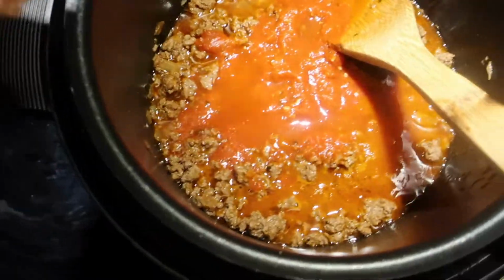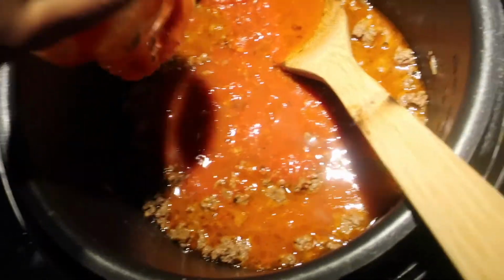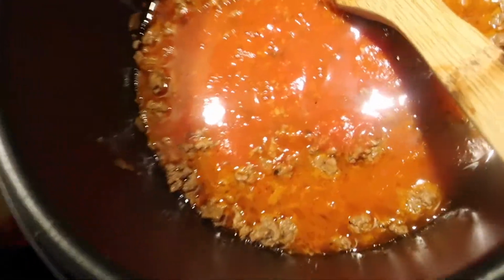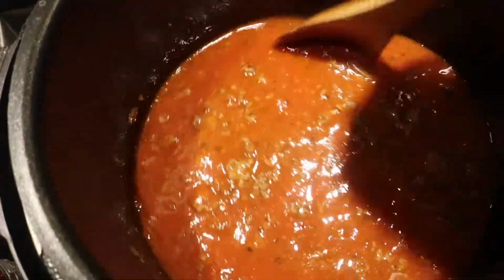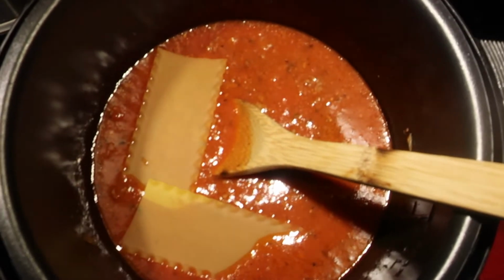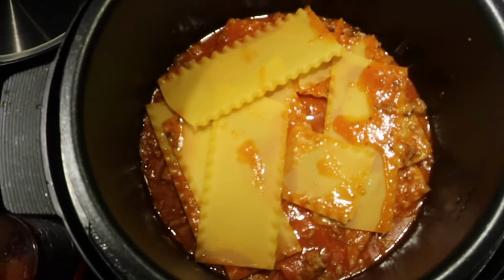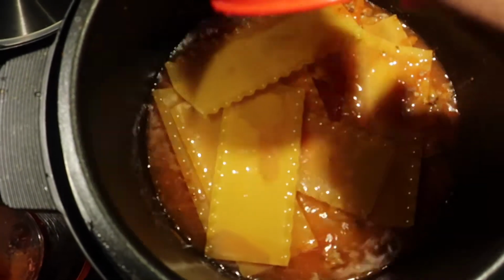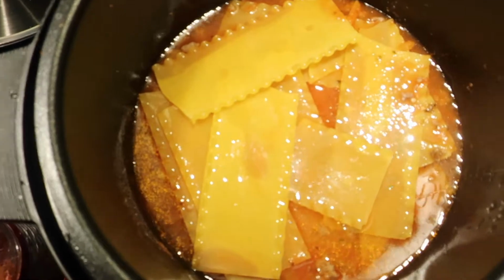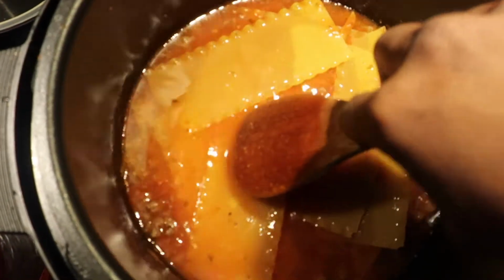And then I put a cup of water in there, and then I just add a little water into the jar so it gets that excess sauce out of there, and poured that in too. Gave that a good stir, and it gives it this nice watery consistency, so that when you put in your dry lasagna, which is great because you don't have to boil it or anything, you can put those pieces straight in there, just break them apart, and then pour an additional cup and a half of water on top,